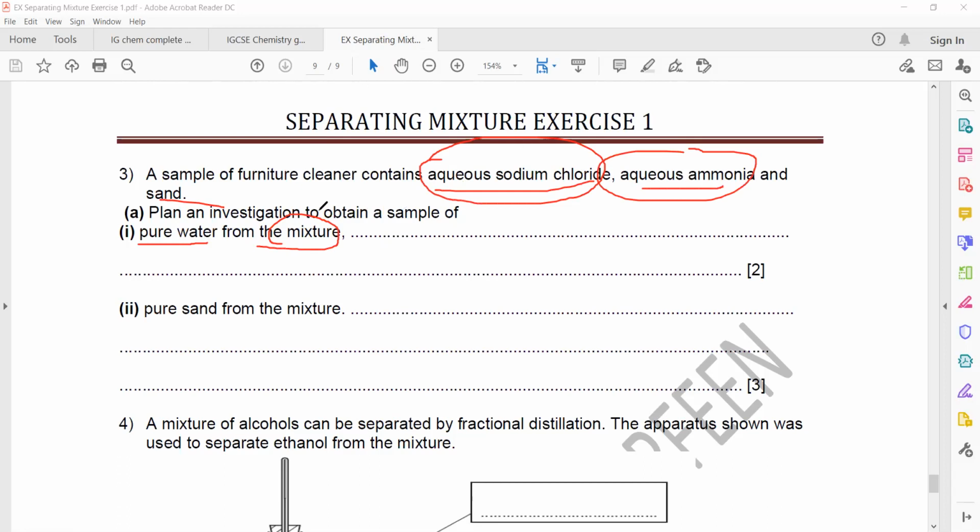Then plan and investigate how you will do that, because it's worth 2 marks, so you have to explain how you will carry it out. If you want pure sand from the mixture, what will you do? Which technique? Filtration, and then you will